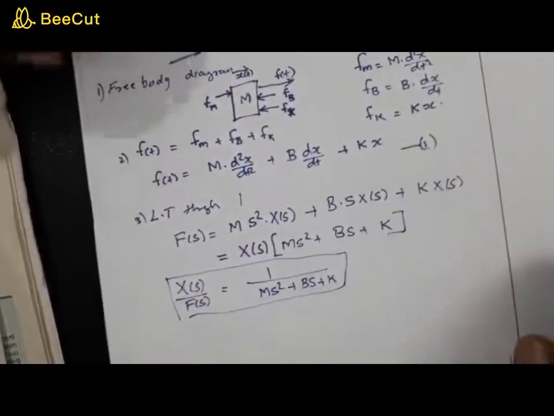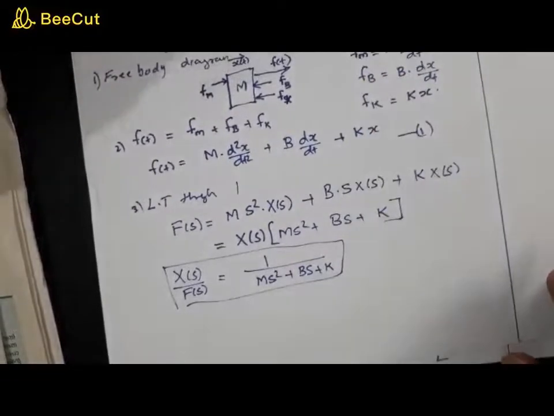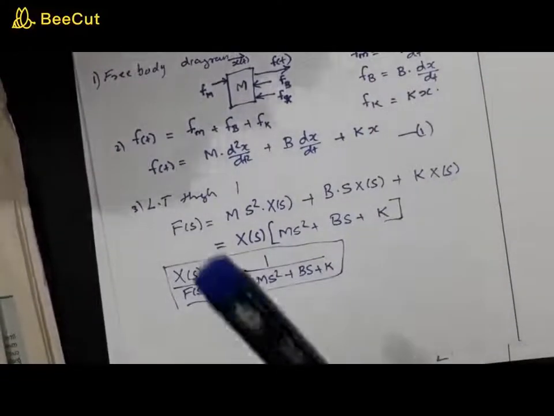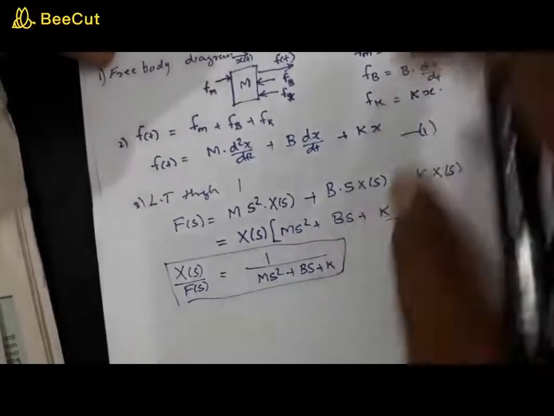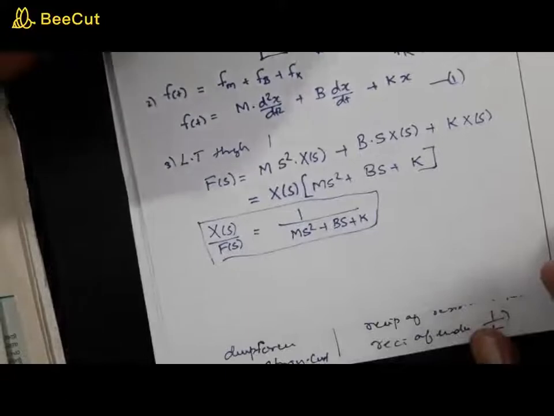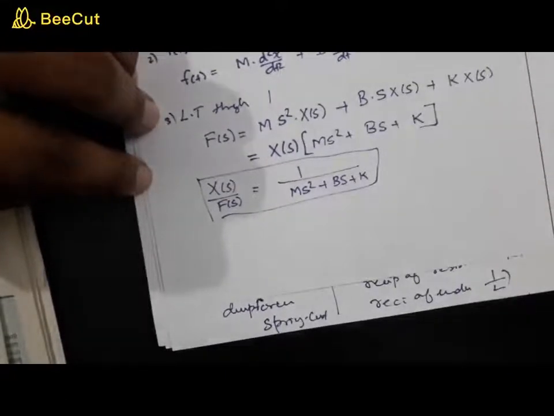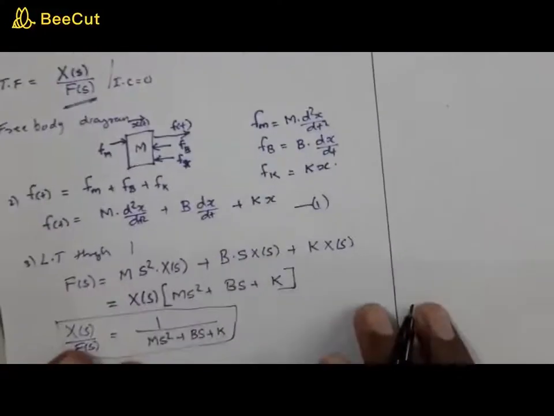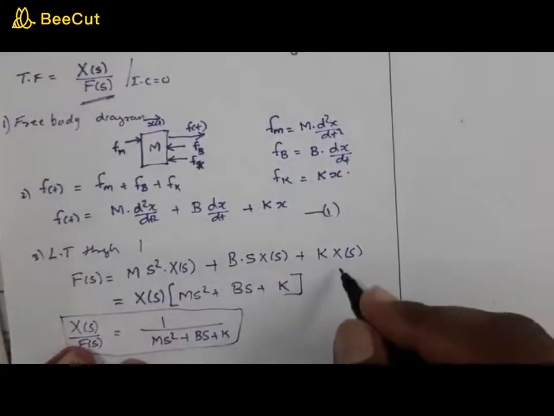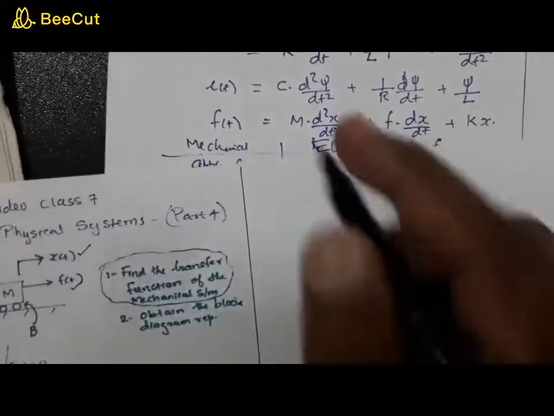Now, coming to the second question, we are to obtain the block diagram representation of this. I told you this is not as important as this, but anyway, it's nice to know how to obtain the block diagram from this. Now how to draw the block diagram? Mark this equation as 2. Now from 2,